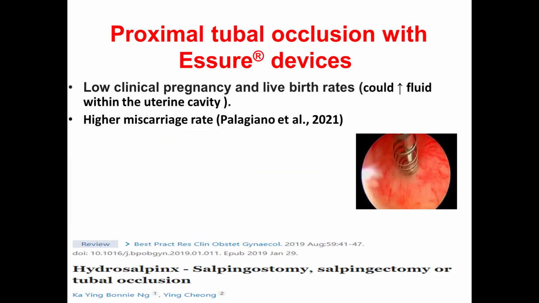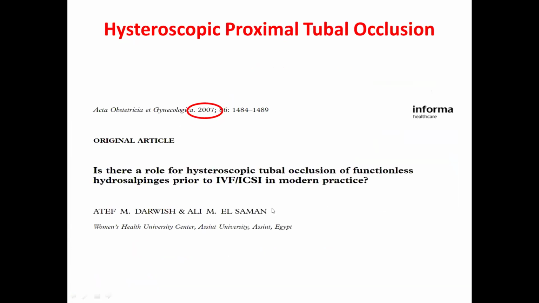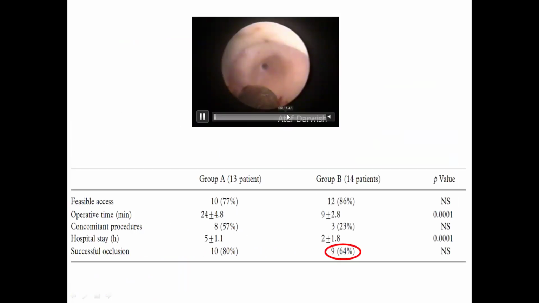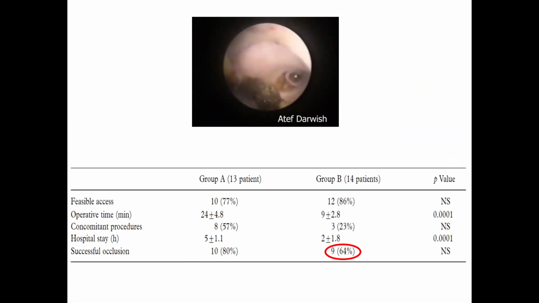And we have to do this procedure for the accumulated fluid inside the uterus. And alternatively, we described a novel technique of hysteroscopic proximal tubal occlusion published in the Acta around 17 years ago. And this means simply that you go with the roller ball electrode inside the peritubal bulge, which is Darwin's triad, and make coagulation until char formation at 60 to 80%. And in such a case, you can achieve occlusion of the fallopian tube in around 64% of cases,